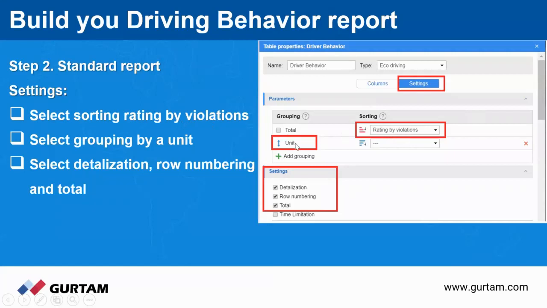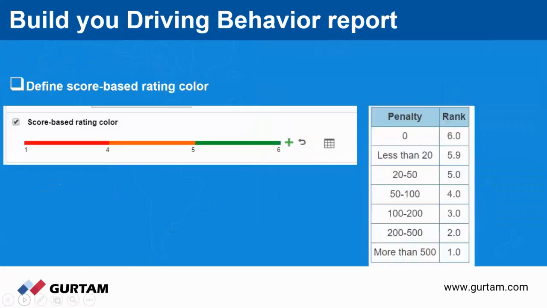And then I want to group my report by a unit. And I'm also indicating my settings as detalization. Remember, we have a unit group, row numbering, and total. Also, some of the interesting moments to indicate further in your report,